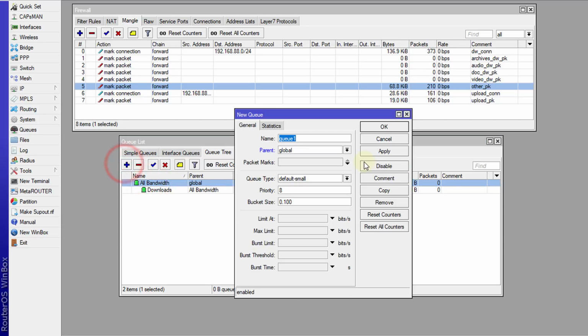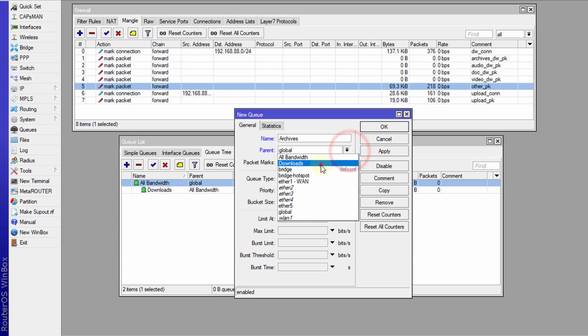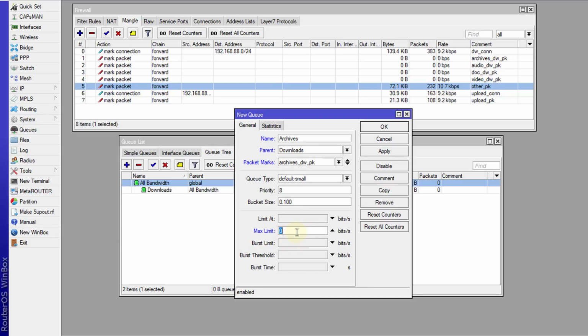I'm going to add the queues now for the different file types. So the first queue that I'm going to create is archives, and the parent now is downloads, and the packet mark is archives, and I'm going to set the max limit. So say for instance we're given this 2 megabit,